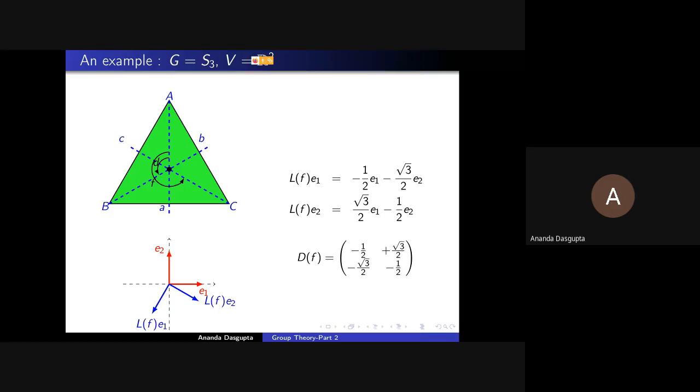So the 1D representation corresponding to this rule that we just spoke about for this particular group happens to be: assign all the rotations +1, which includes, of course, 0 rotation, which is the identity. Assign all of them +1, assign -1 to all the reflections. You have got a 1D representation, which is different, by the way, from the trivial representation. This group also has a trivial representation. Just say every one of the group elements corresponds to the number 1. You've got the trivial representation. But this one is different. So I've got 2 1D representations already for this group S3.